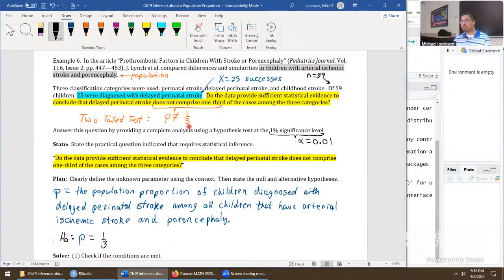But now we're asking the research question, is it different than that value? That's the alternative hypothesis. So we will test a null against an alternative hypothesis. Now we're baking in the question itself. P not equal to 1/3. Actually, let me just put that in blue as well. Then finally, we'll say at significance level, alpha is 0.01. So this will be the process for that problem.